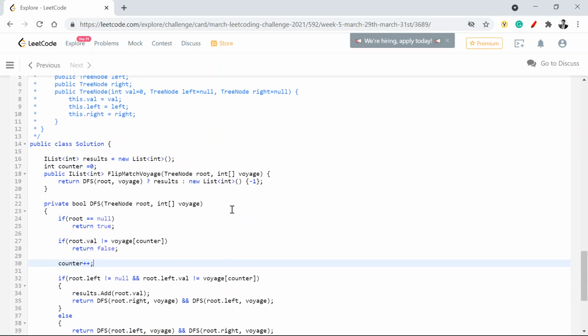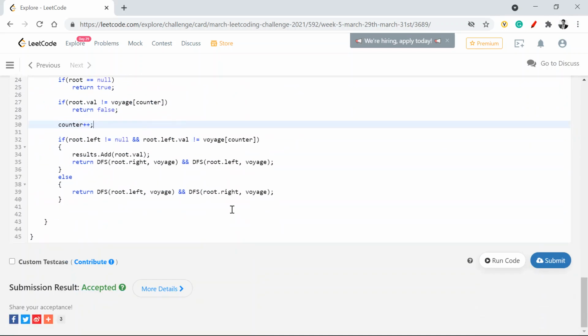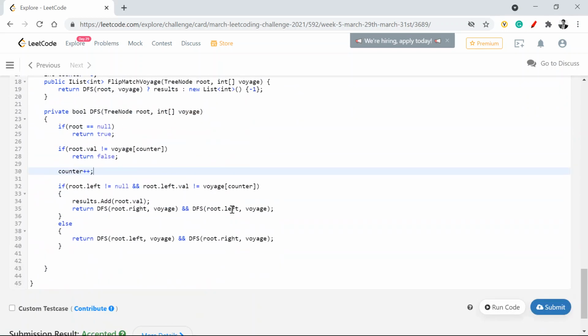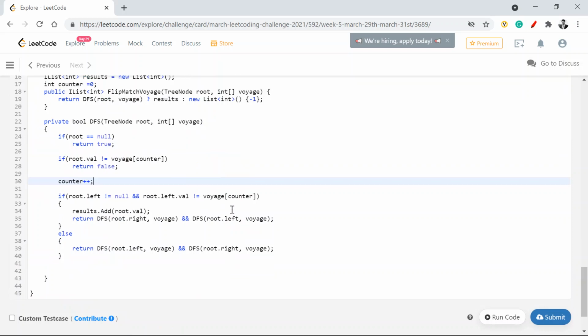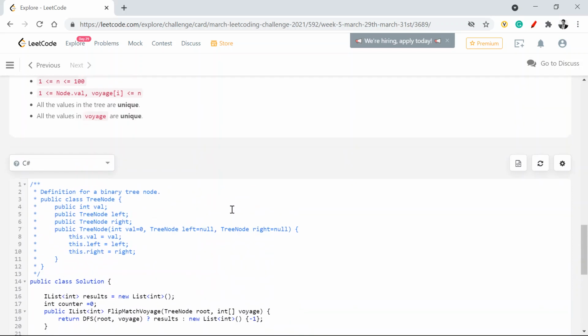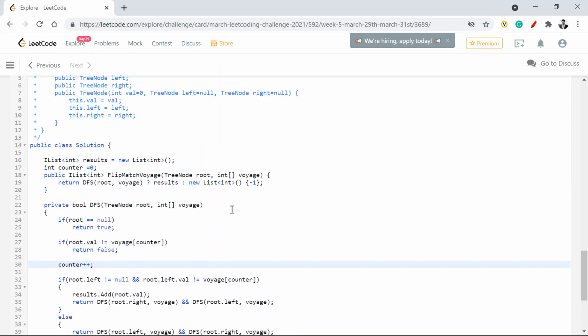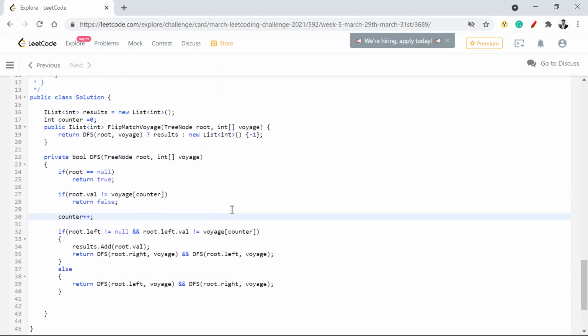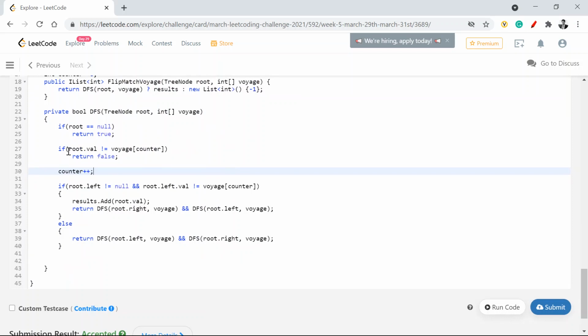It got accepted. Cool. So the time complexity of this one will be O of n, because in any given scenario we are traversing through each and every node which is given in the tree. I hope you understood the entire process. More than solving the problem, it was very important to understand what the question is asking and what needs to be done. If we understand what the question is saying and how we are going to approach it, then we can very easily pen it down via code.